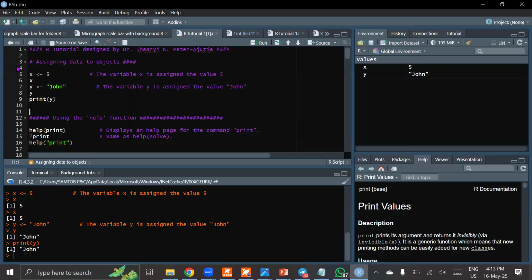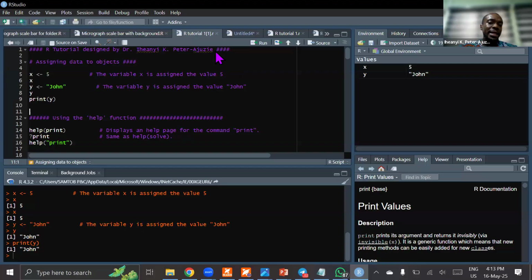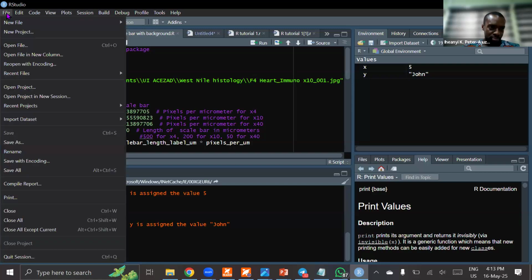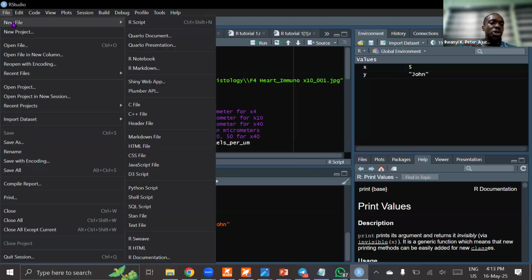Then, to create a script, because this script here is already created, let me close it and create a new script. You come here where there is File, you click File, and then you click New File, or you point at it. Then you can see these are new things you can do with R. R can interact with C++, HTML, Python, Shell, SQL, a whole lot,